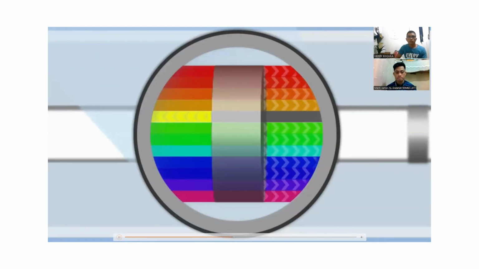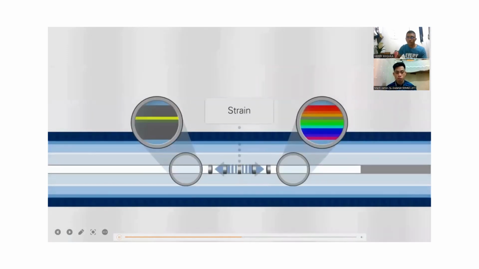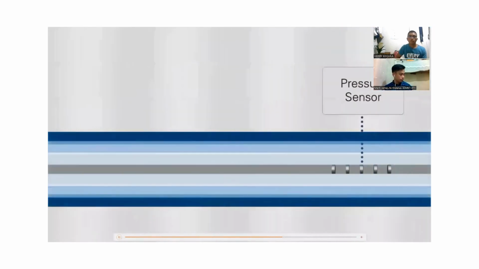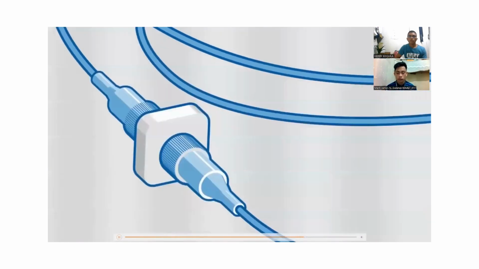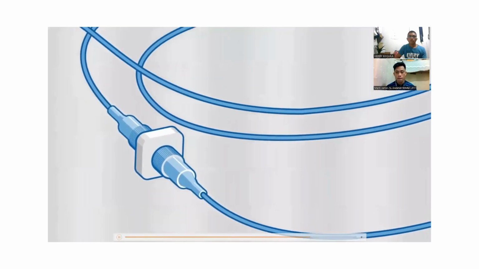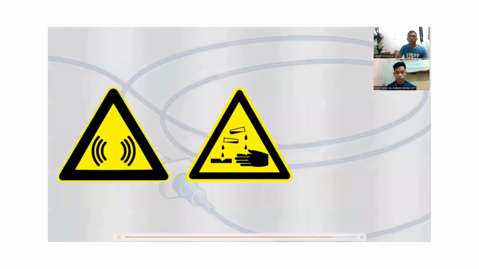External factors, such as vibration, will cause a shift in the wavelength of the reflected light. These variations can then be translated into physical engineering units such as amplitude, temperature, and strain. Because all FBG sensors are based on measuring within a selected wavelength or color range, it is possible to daisy-chain multiple sensors on a single optical fiber. Unlike conventional electrical sensors, FBG sensors are non-conductive, electrically passive, and immune to electromagnetic interference, making them a safe and reliable alternative in environments subject to noise, corrosion, or high voltage.